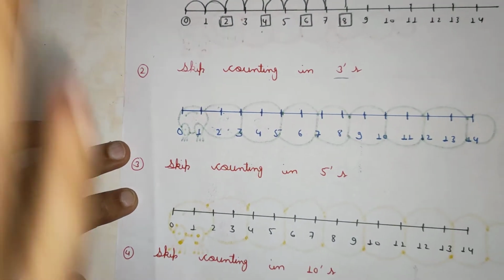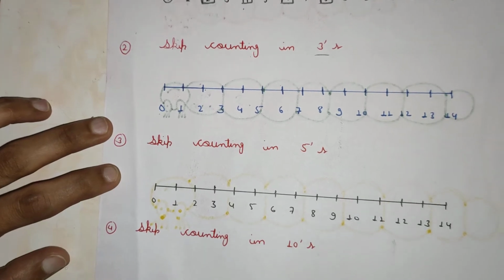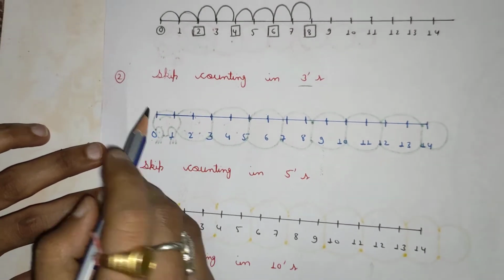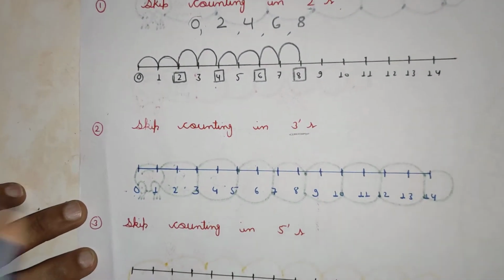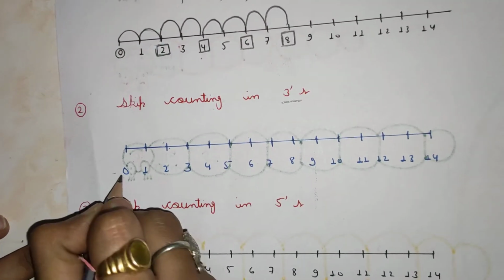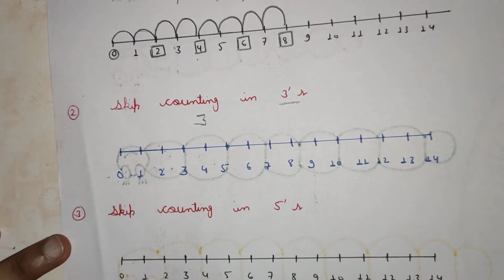In every question this time I'm starting the numbers from 0, but it's not compulsory that in the exam you get the same question. The series can start from any number, and you have to find out the next numbers. Like here, suppose my series starts at 3. Now what will be the next number?